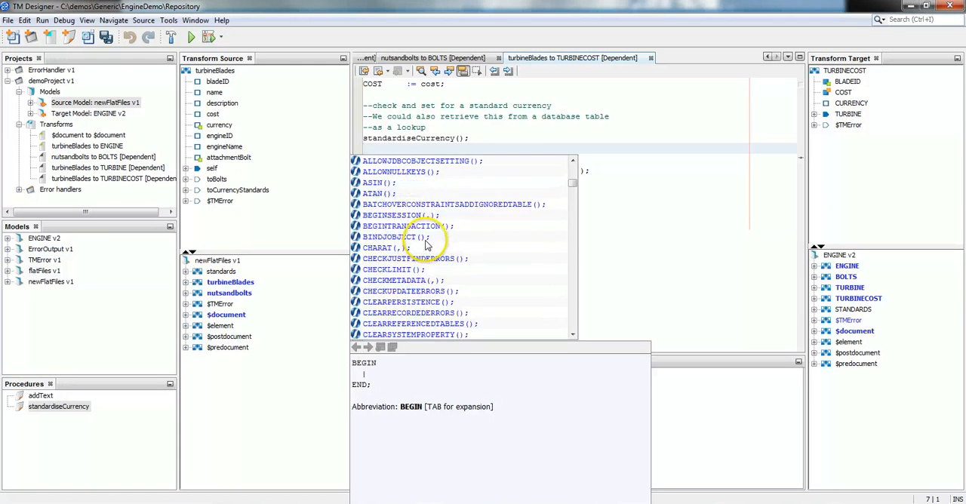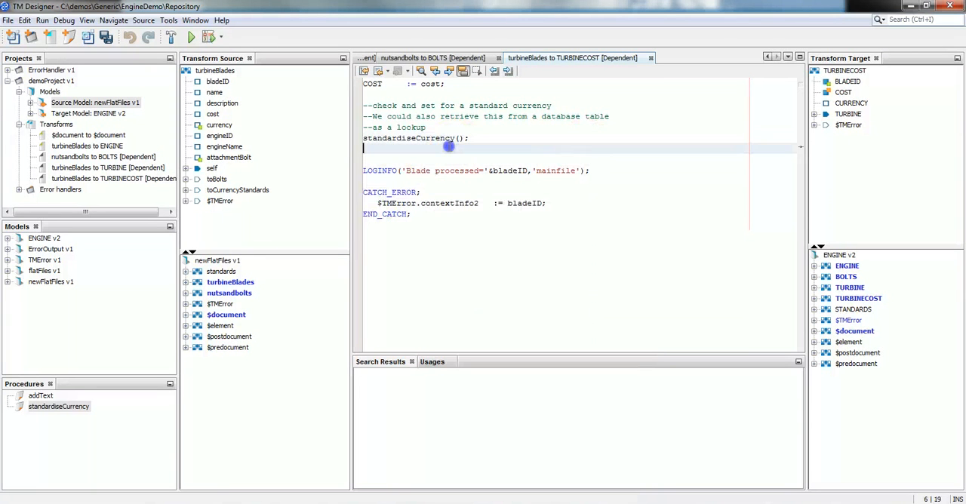There are also a number of inbuilt functions that you can use, and all these are available directly within Transformation Manager. You can also call out to things like Java if you want to add your own methods in for things that you cannot do as standard within Transformation Manager. You can see we're going to log some out to a main file for the actual blades that we processed, and here's the catch block that's going to catch those errors and allow us to deal with them within our